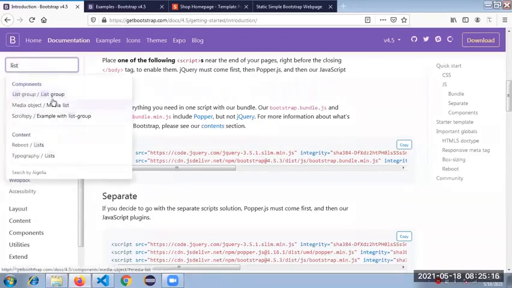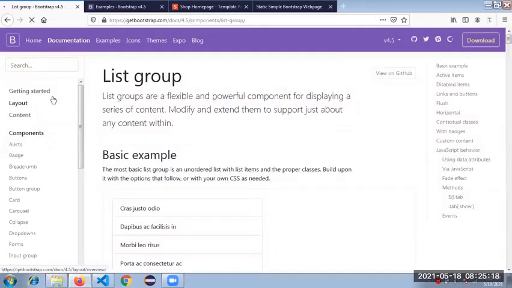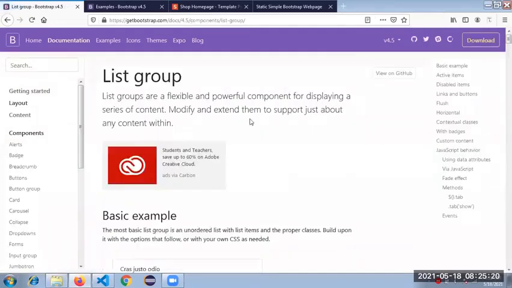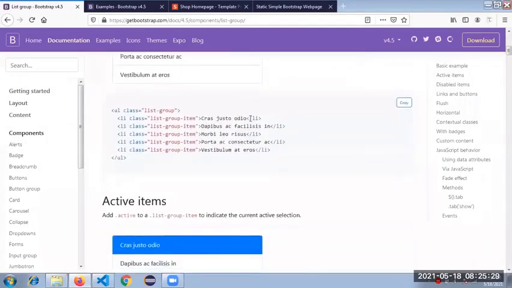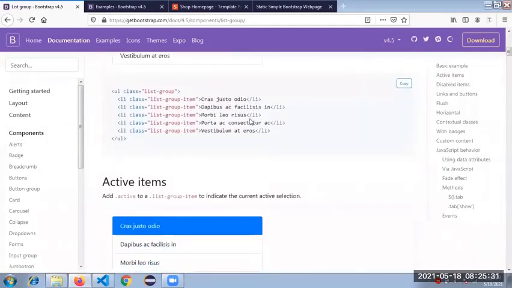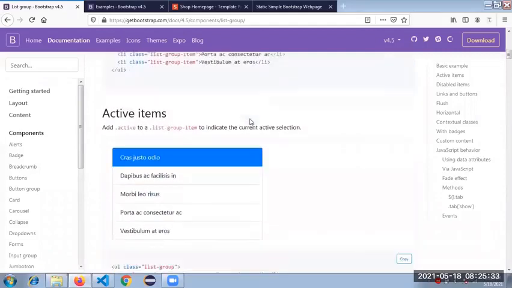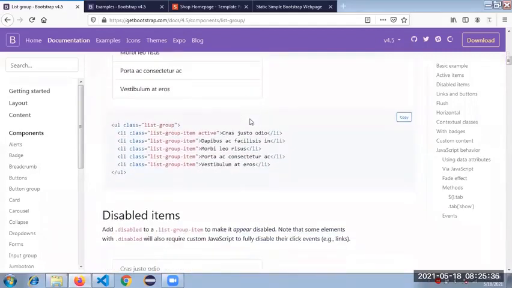Yeah, this one, list group. So in this, we have it like this.